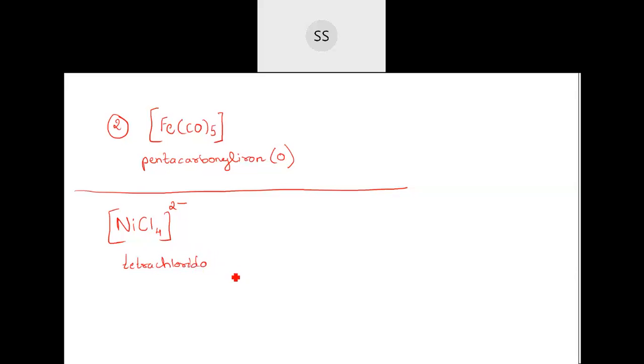Now here, see, it's a negative ion, no? So a negative complex means you have to write the Latin name. So it will be tetrachlorido, that is fine. Then after that identify what type of complex it is, so you will be writing nickelate. Then find the oxidation state of this nickel. What do you think is the oxidation state of this nickel over here? Chlorine is there, so it will be -1 into 4, that is -4. Yes, very good. And the whole charge on them is -2. So nickel is going to be +2 oxidation state. So you write 2 here.